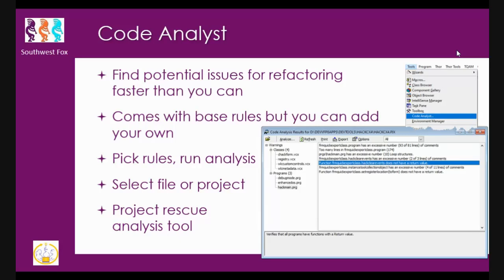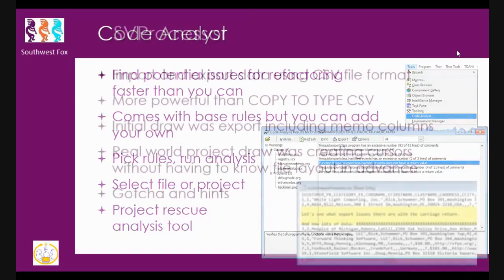Okay, things like a RETURN statement within a WITH...ENDWITH construct. How many people have been burned by that one? Anyone not know what that is? It will generate a C5 randomly at some point later. Okay. So those are the kinds of things you can use Code Analyst to find in the code.